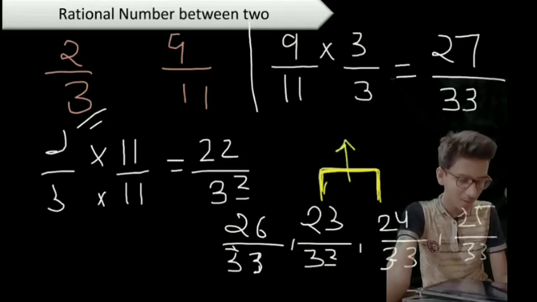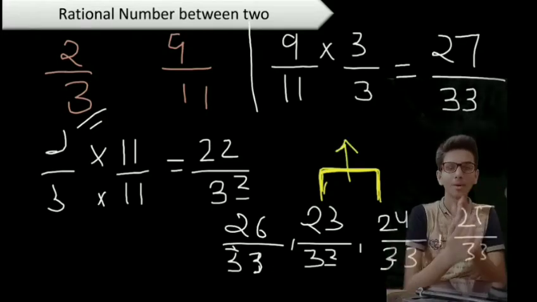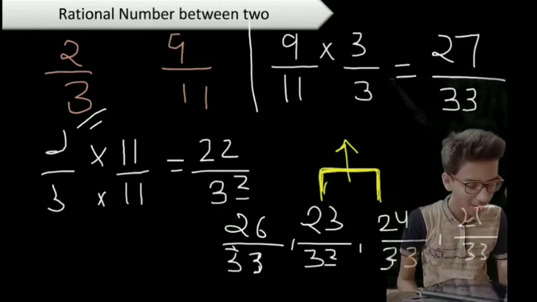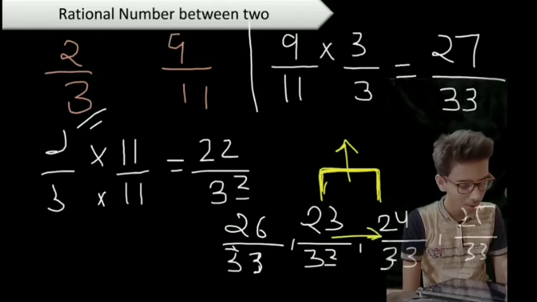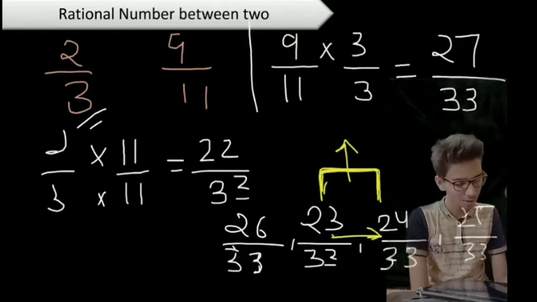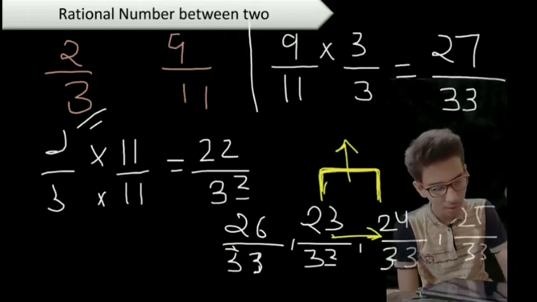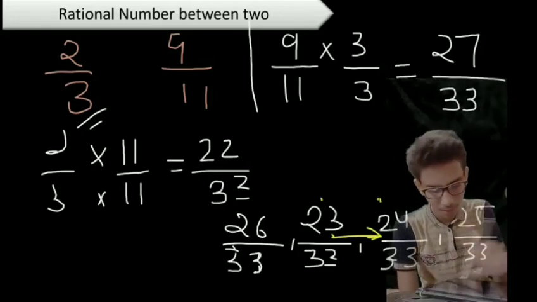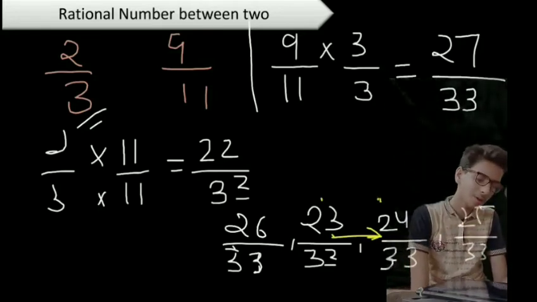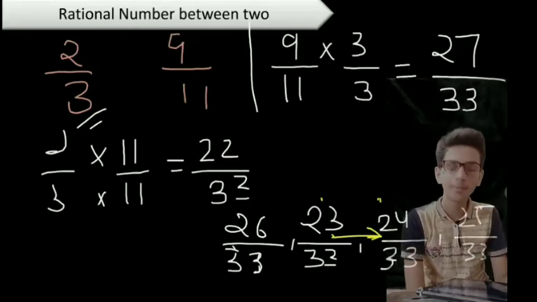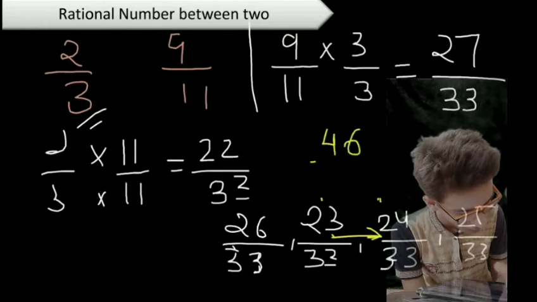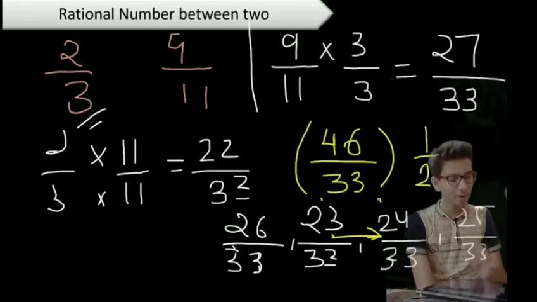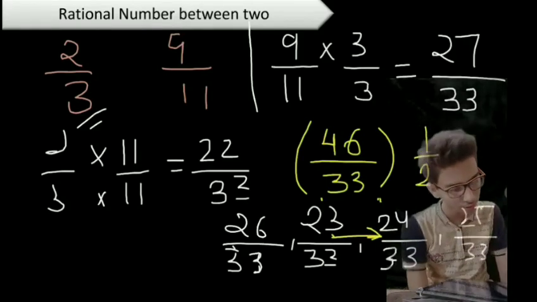If you find the mean, means mean is what? A number between that number, right? If you have two numbers, the mean will give you the number which is just between those two numbers. So if you add these two and find the mean, you will get the result, right? How you will get the result? The result will be, you have to add it, denominators are same, you are going to add it simply. So what you're going to write, 23 plus 24 is nothing but 47, right? 47, but the mean should be multiplied by half.